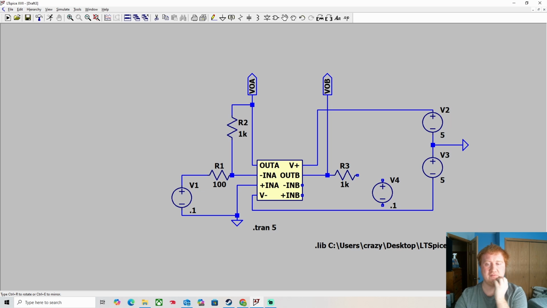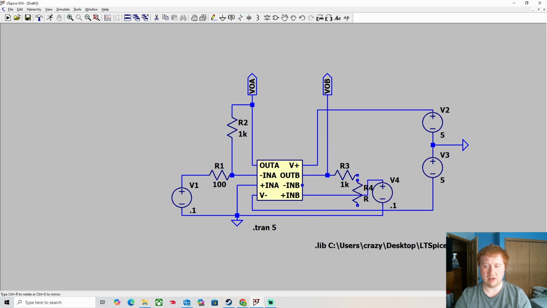Think of the V1 and V2, or I guess in this case V4, as the input signal that's coming in. So we just want to share grounds with these, and then we need to go from the positive output to the positive side of the other op amp here, and then we need a 1K ohm